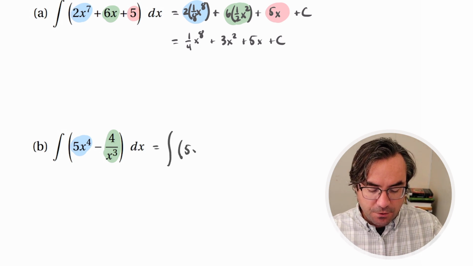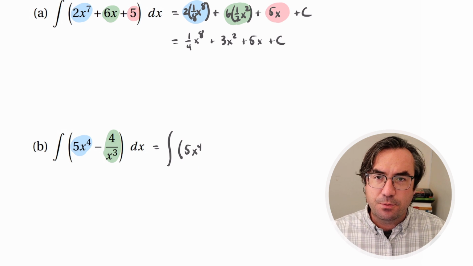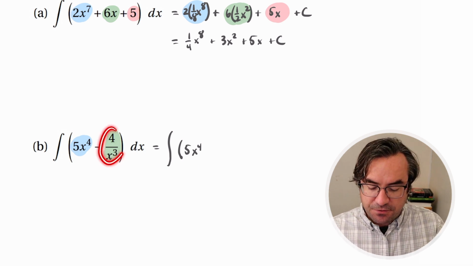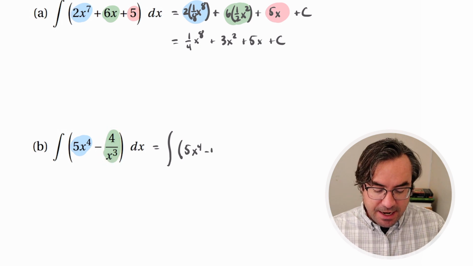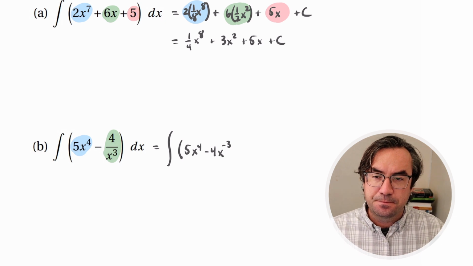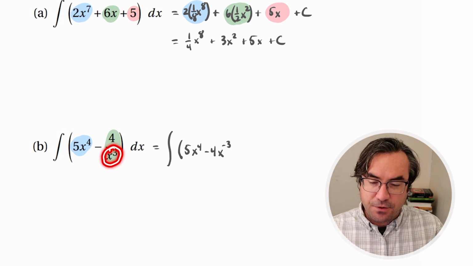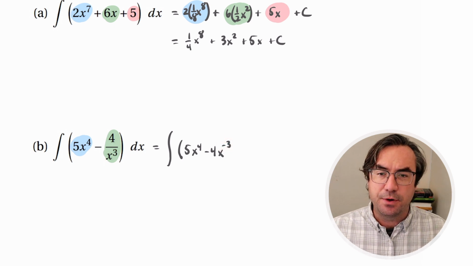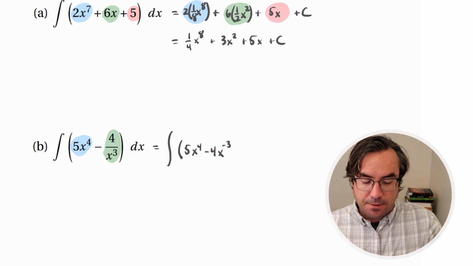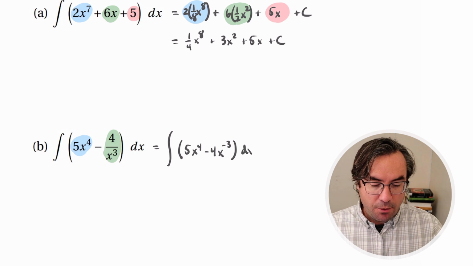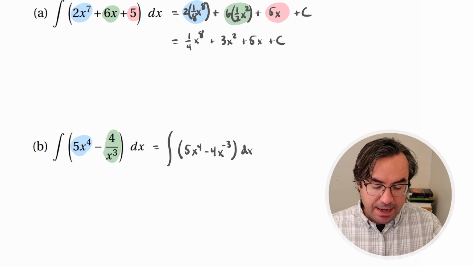The 5x to the 4, that one's fine. That one's no problem. But I'm going to rewrite this fraction as negative 4 x raised to the negative 3. So I'm just rewriting this fraction using a negative exponent. And that'll make power rule a little bit easier. So what we got? We have one term, we have a second term, and then we have a minus sign